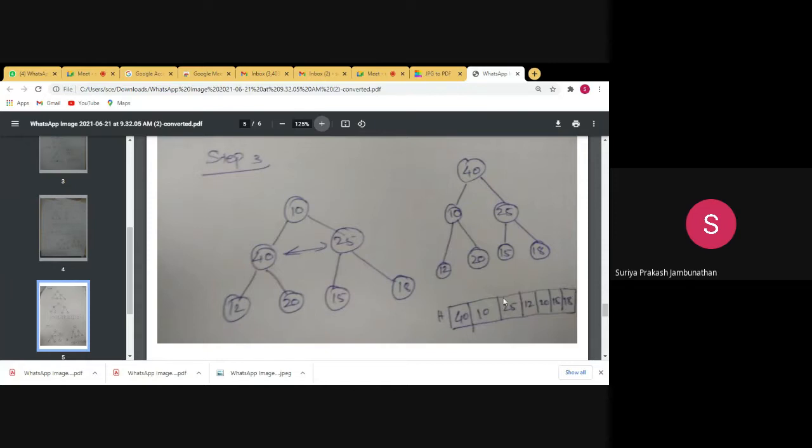Now for the next comparison, we are having 10 here. So what is the next comparison we have to do? We have to compare again here because we are having a greater value here. So 12 and 20 will be compared. So what happened? 20 will go to the root node and 10 will become the subnode.